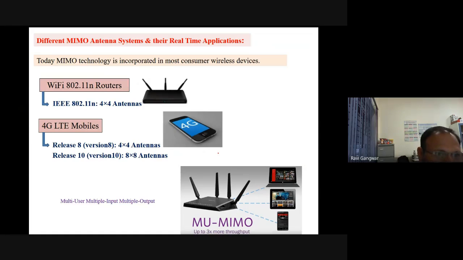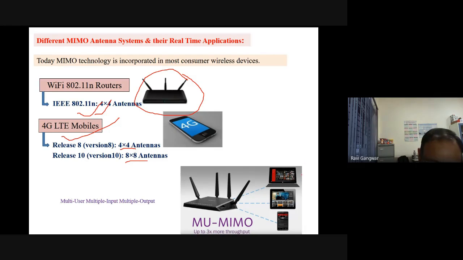Now, different MIMO antenna systems and their real applications. If we look into today's MIMO technologies, which are incorporated in most consumer systems, for example Wi-Fi routers, you can see the picture here. They normally use 4x4 antennas to provide MIMO applications. Similarly, 4G LTE mobiles have two different versions, 4x4 or 8x8. And now we move on to massive MIMO,